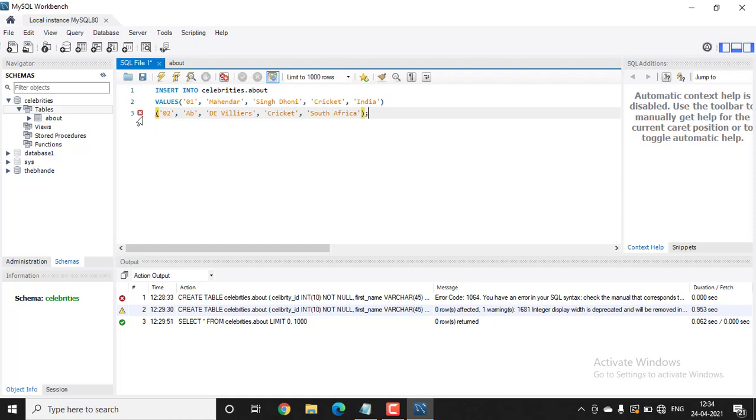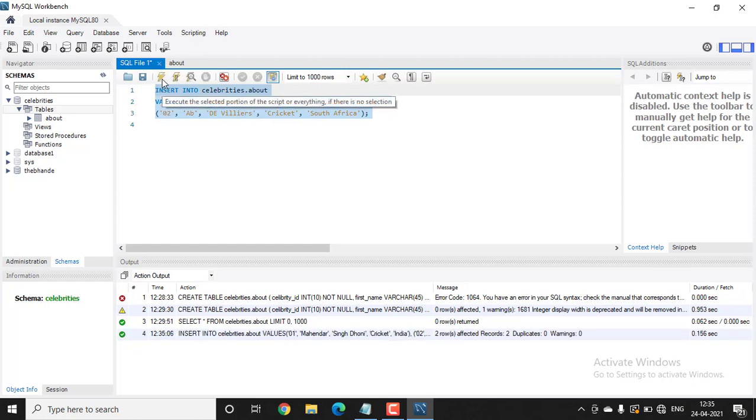It shows an error here. The reason for this error is we didn't put a comma here. Now there's no error. Let's select this code and then click on this button. We have successfully executed this code.